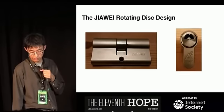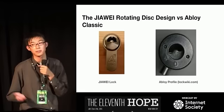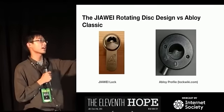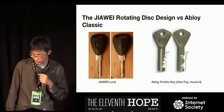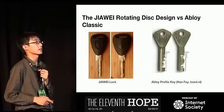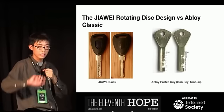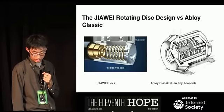It looks a bit similar to the Abloy Classic profile, if you want to be really exact about it. But there's that, and there's the Abloy profile. What's the difference? Well, you'll notice on the JIAWEI key, we've got a track instead of angles like on the profile. So basically what this means is that instead of needing to turn at 90 degrees to move the discs,